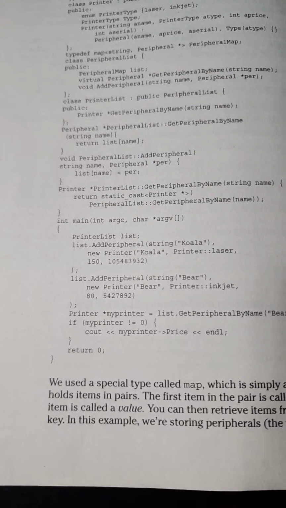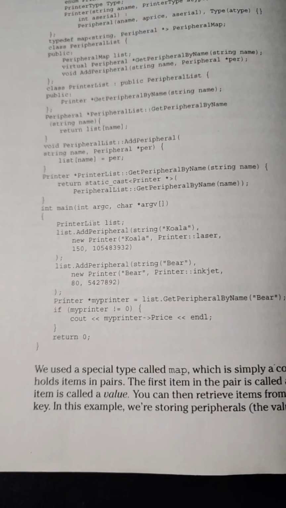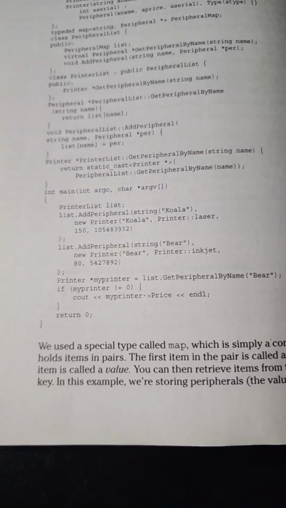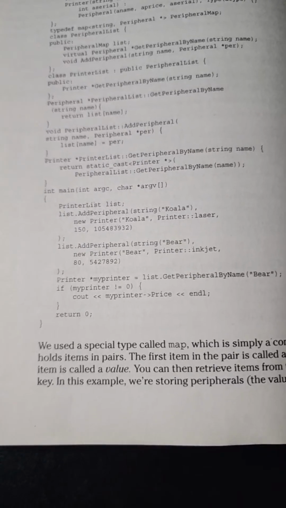int main(int argc, char* argv[]) { PrinterList list; list.addPeripheral("koala", new Printer("koala", Printer::laser, 150, 105483932)); list.addPeripheral("bear", new Printer("bear", Printer::inkjet, 80, 5427892)); Printer* myPrinter = list.getPeripheralByName("bear"); if (myPrinter != 0) cout << myPrinter->getPrice() << endl; return 0; }